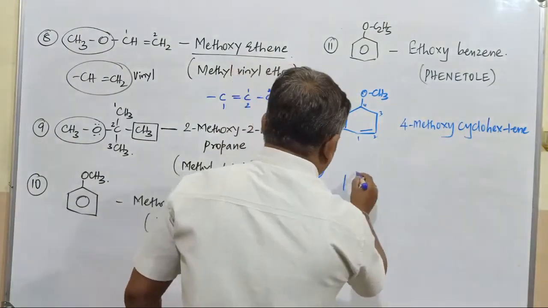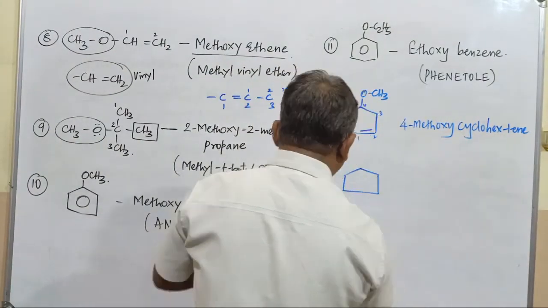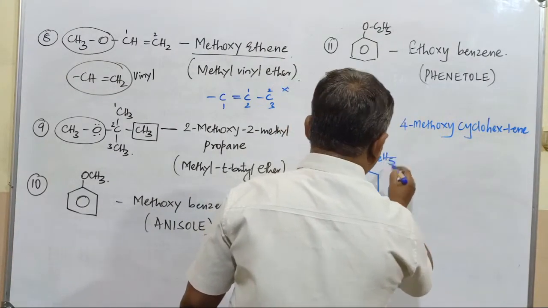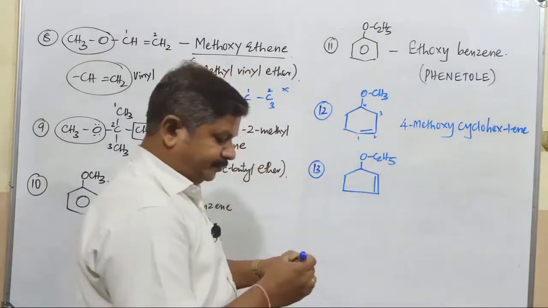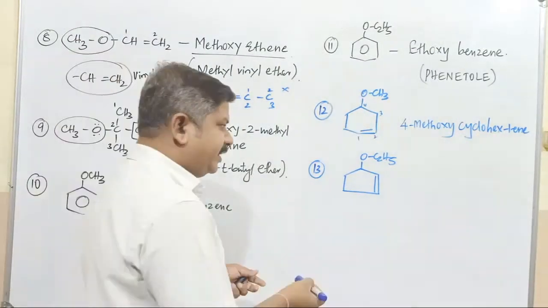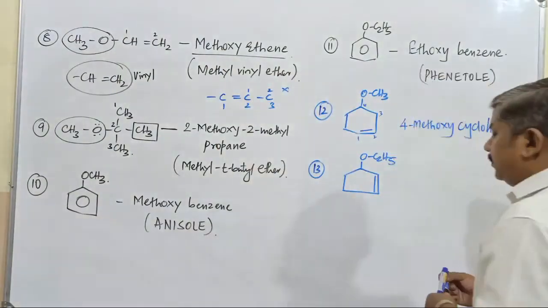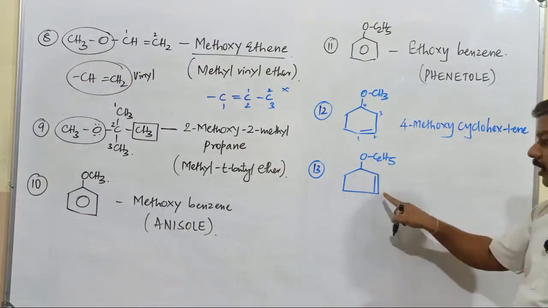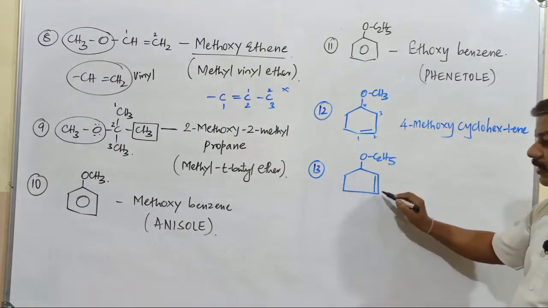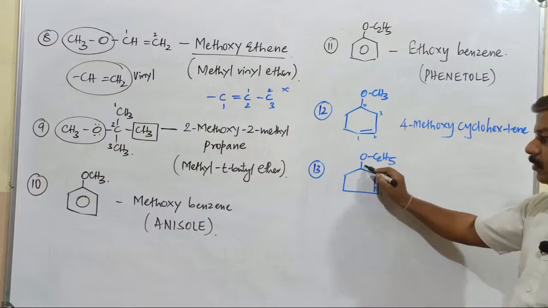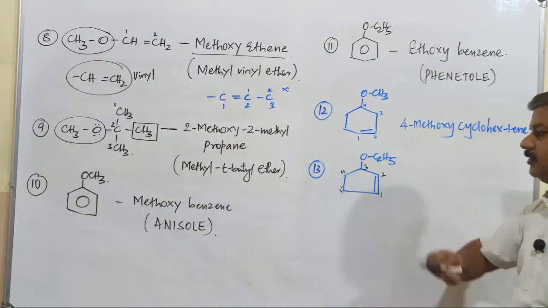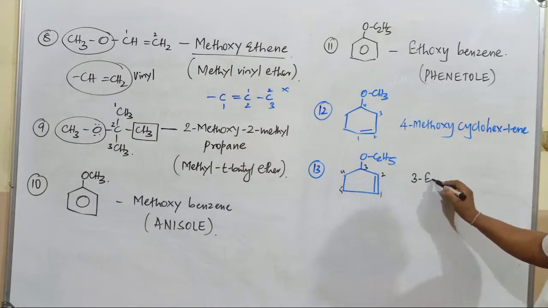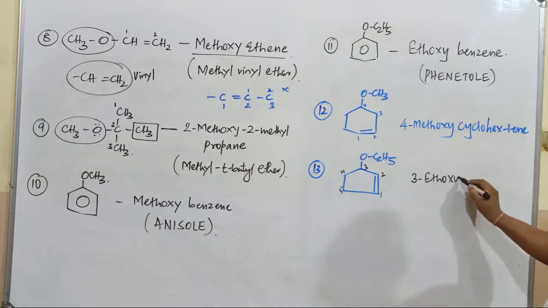IUPAC name of ether. So this is another compound. This is OC2H5, and next, it is having a double bond. What's the name of this ether? It's an ether compound. What is the IUPAC name of this one? Where should I write the first number? The double bond is there, so whether this is number 1 or that is number 1. Here number 1, here number 2, this is number 3, 4, and this is 5th. What is the group on the third carbon atom? That is ethoxy. 3-ethoxy.